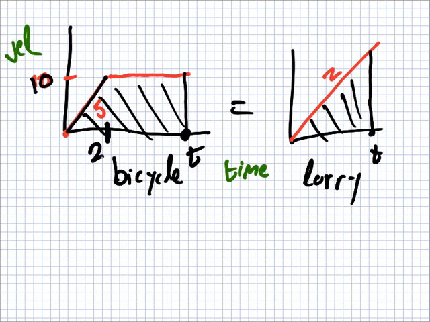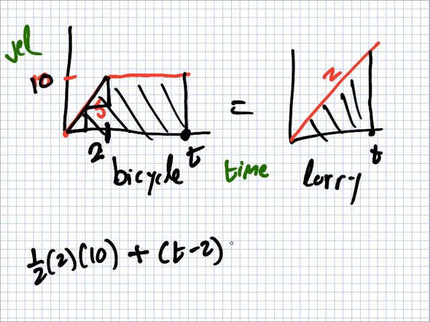Yeah, it must be 2, because if the slope is 5, it means you go out 1, you go up 5, you go out 1, you go up 5. Okay, so that's a 2. So a half the base by the height plus the base by the height, because I'm looking at this rectangle and this triangle. So t minus 2, yeah? That must equal a half